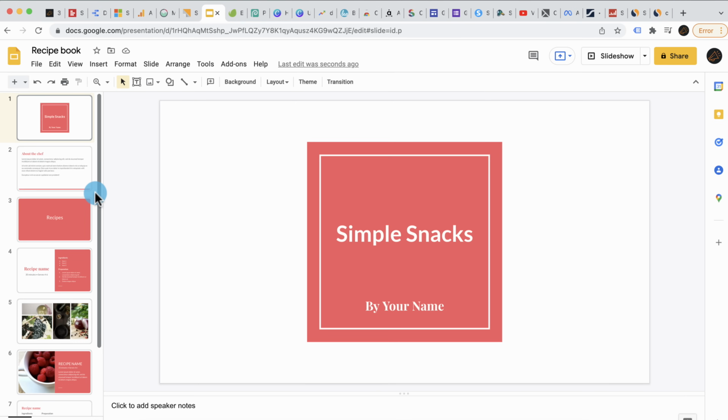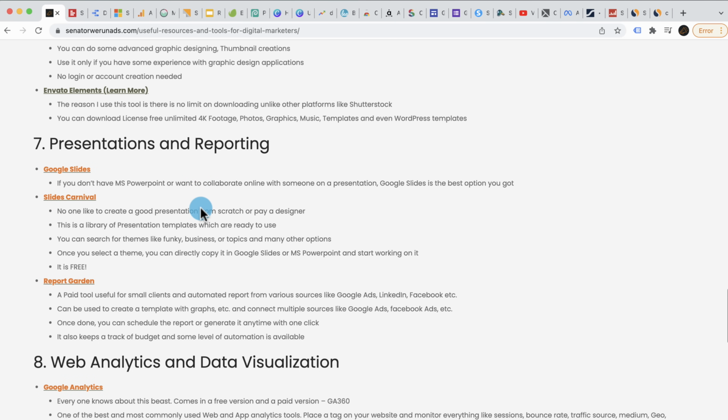So for example, if there are 3 people working on a business pitch, each of them creates their own version, then you'll have to merge them, combine them. So here all of you can work together on the same presentation. And whether you use Google Slides or Microsoft PowerPoint, you